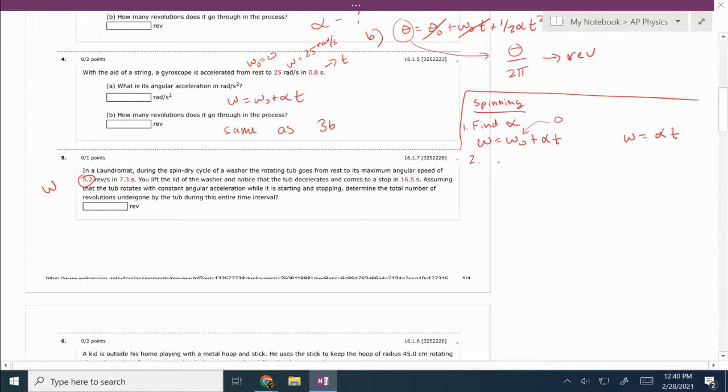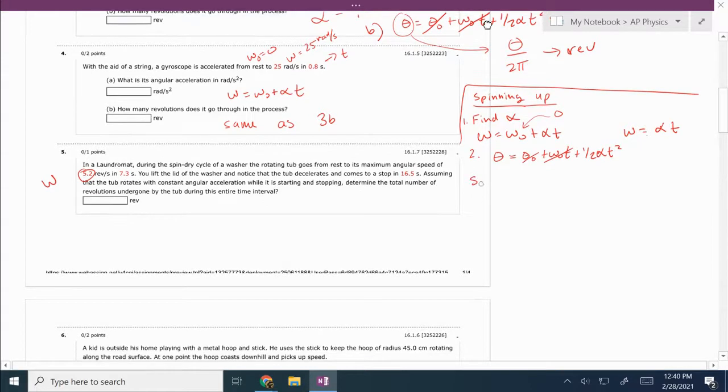So very similar to number 4. I would recommend probably using the John equation. Again, all of that would be 0, and solve for theta. So that's for the spinning up. For the slowing down,